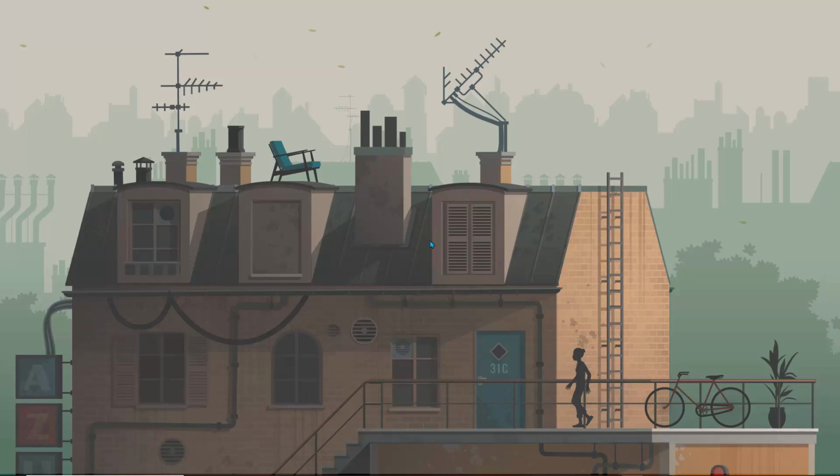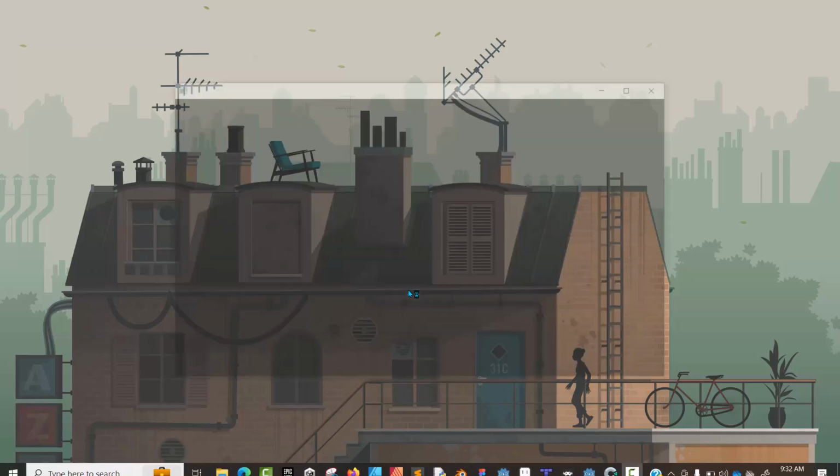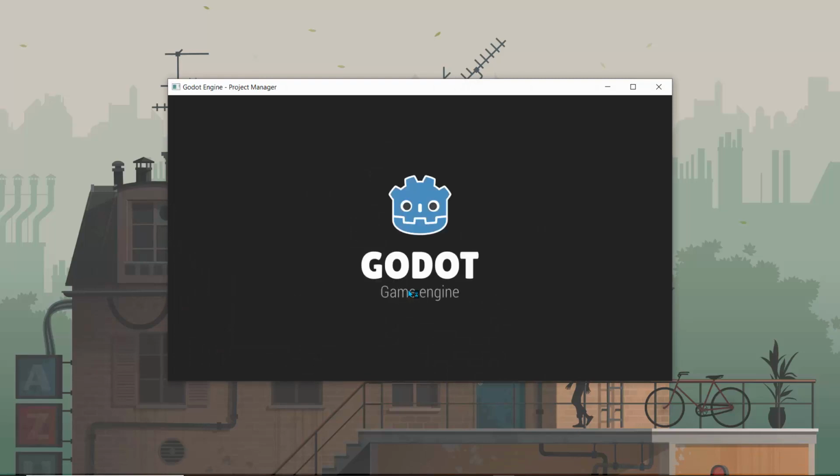In this tutorial, we are going to be looking at variables and data types in Godot. We're looking at a lot of examples, and this is not meant to be a complex tutorial. We're not going to be doing anything super complex. So the first thing I'll do is just open up Godot and create a project so that we can store